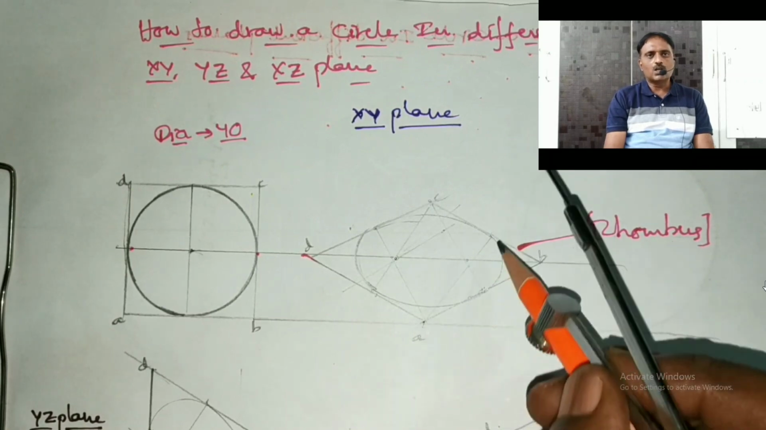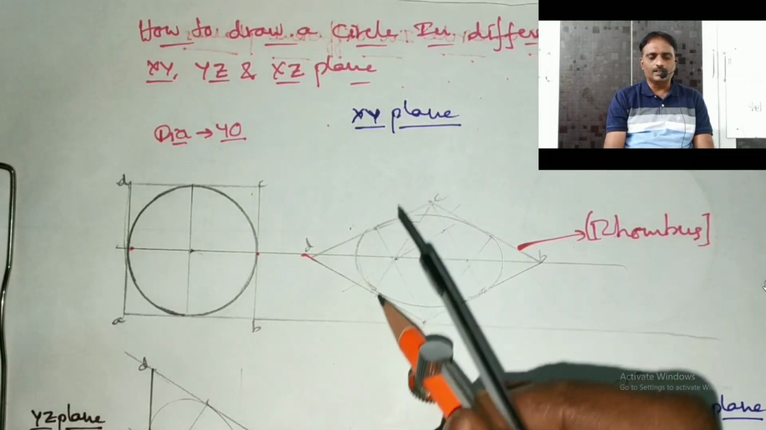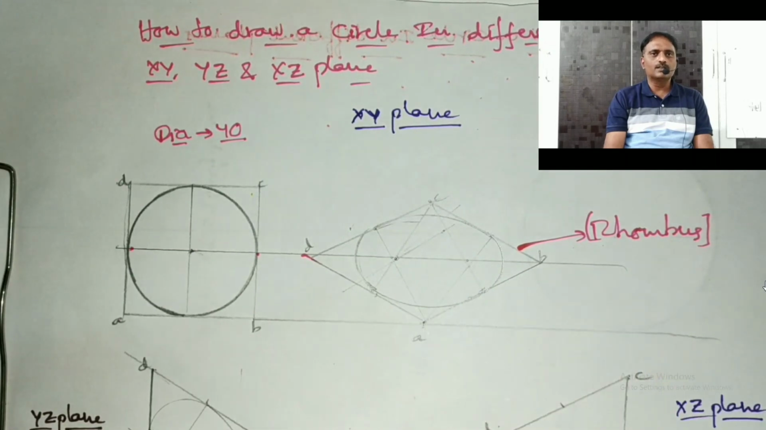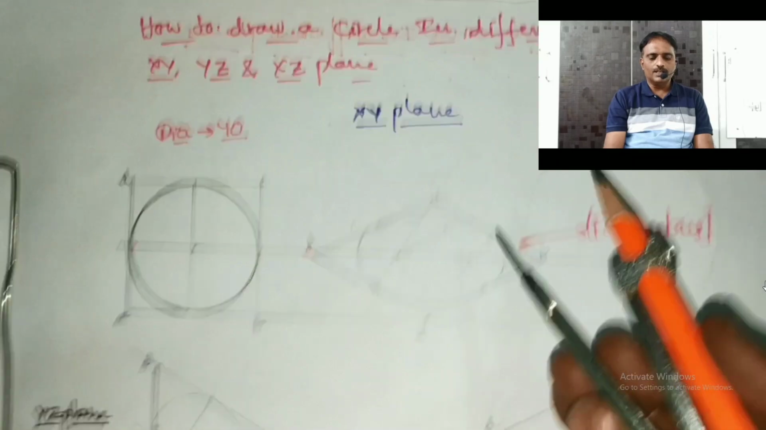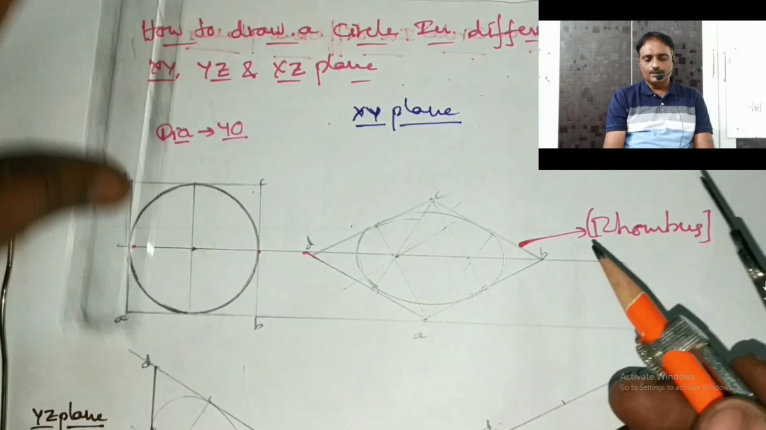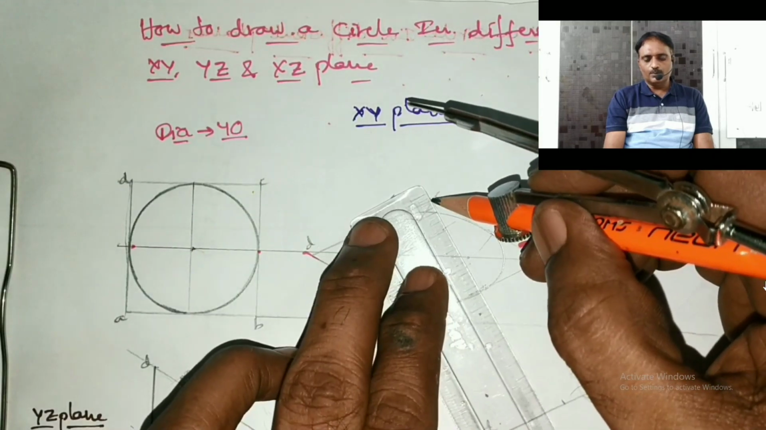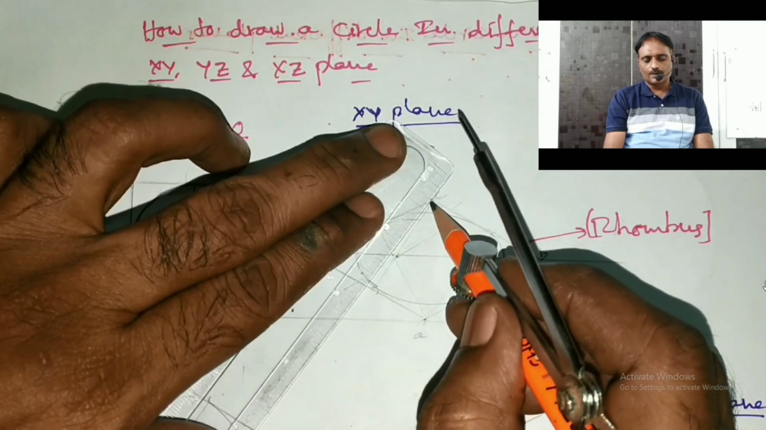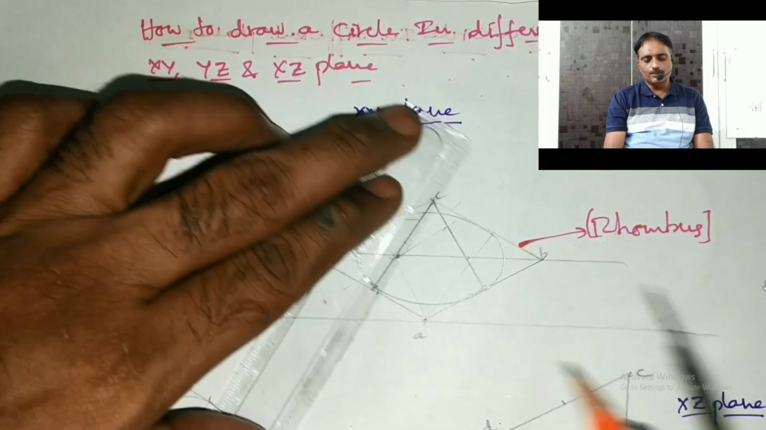Next, from the corners of the shortest diagonal. So generally the rhombus will have two diagonals, and we have to consider the diagonal having the shorter length. And from the corners of the shorter diagonal, join the midpoints like that. And once we join the midpoints,